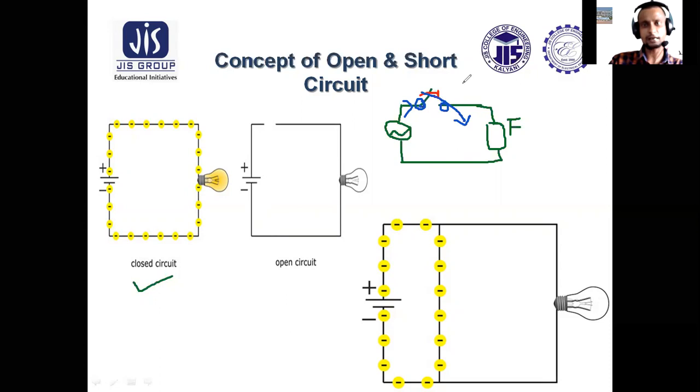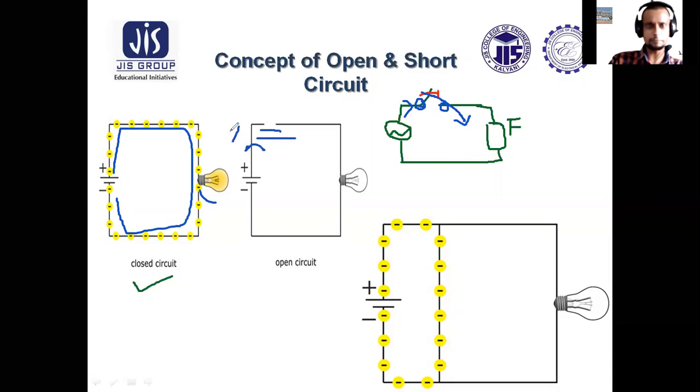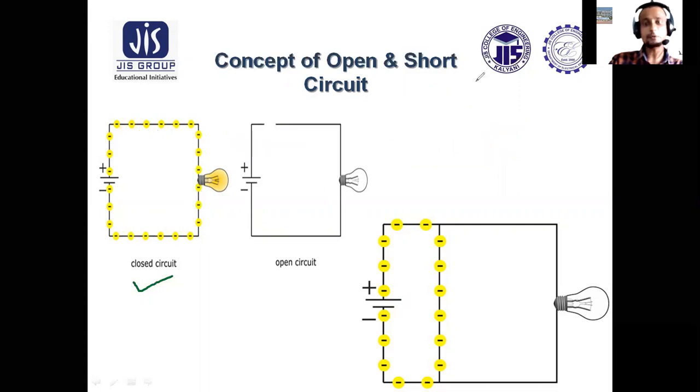A switch may make the circuit closed, and whenever the circuit is closed, current will be flowing through the load and consequently the bulb glows. But if you make the switch open, there is no connection, so current cannot get any path to flow and the bulb will remain off. So this is the concept of open circuit. Now what is the concept of short circuit? Closed circuit and short circuit are not the same. There is a huge difference between these two.